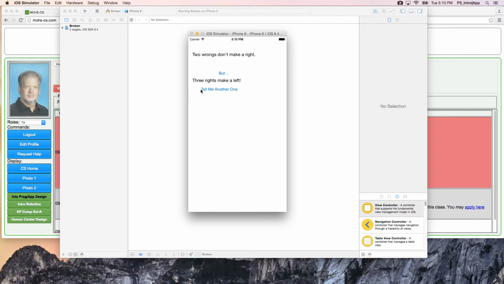And then a new button appears that says "Tell me another one." So this of course represents the punchline to the joke. This represents the joke itself. This is the reveal punchline button. And then down here I have a button that when I click it will make the punchline go away, give me a new joke text, and also change the title of the reveal punchline button